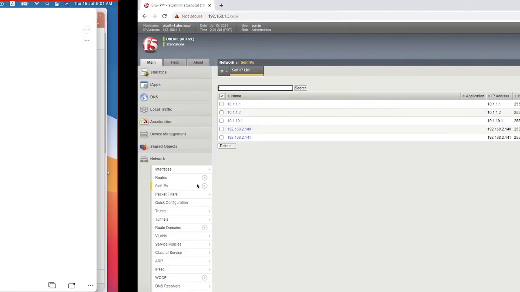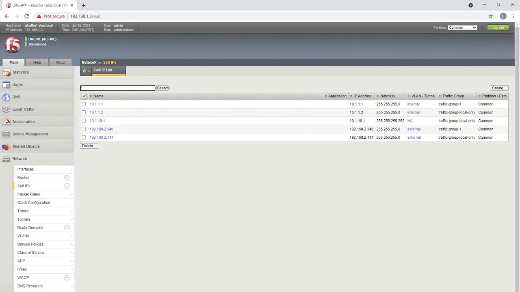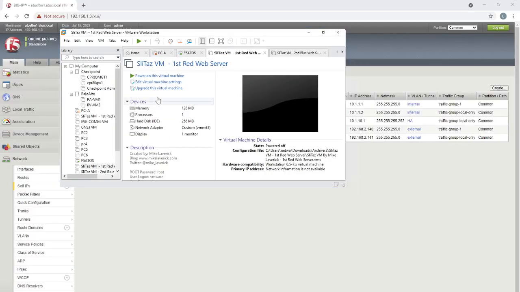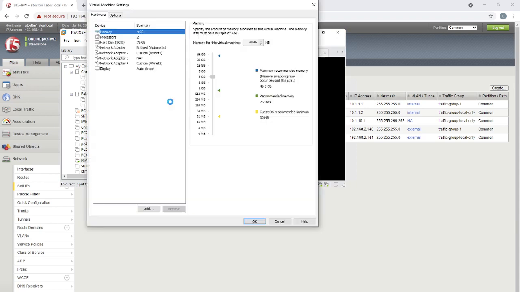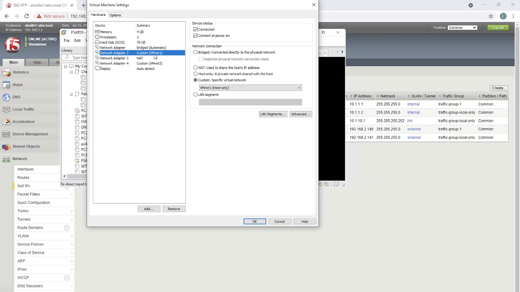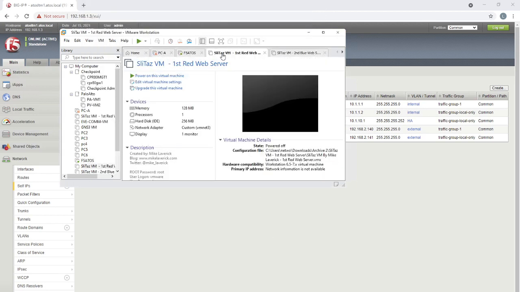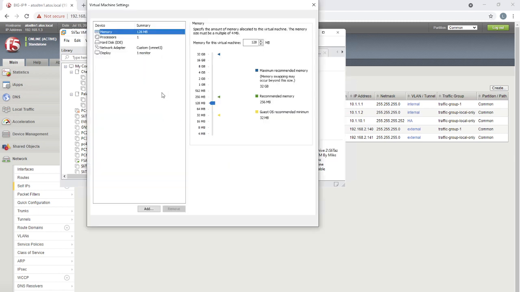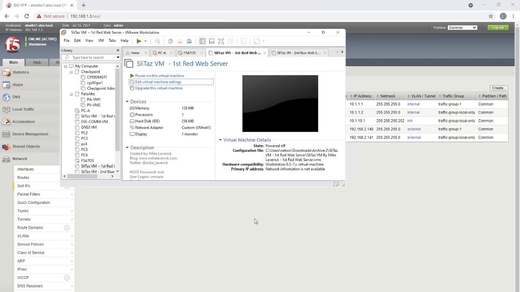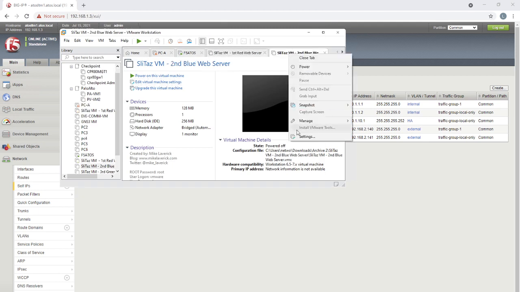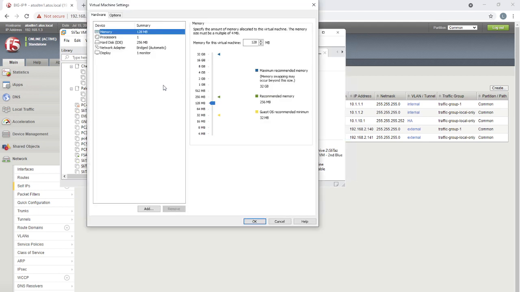That's the purpose of explaining all these things. So I have 4 web servers. My F5's internal interface is connected to VMnet 1, right? Can you see this one? VMnet 1, consider that as switch number 1. Now I'm going to make sure that all of my web servers are also connected to the same VMnet. In this case it is connected to VMnet 3, but I wanted to connect them with VMnet 1. Server 1 is connected to VMnet 1. Same way I wanted to connect server 2 to VMnet 1.